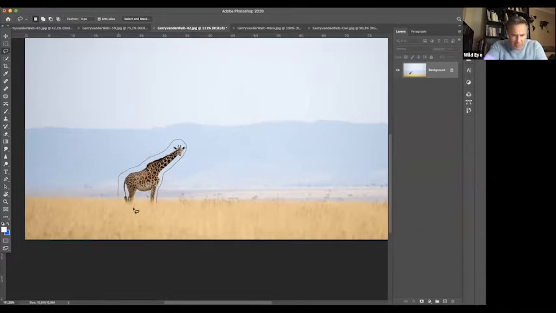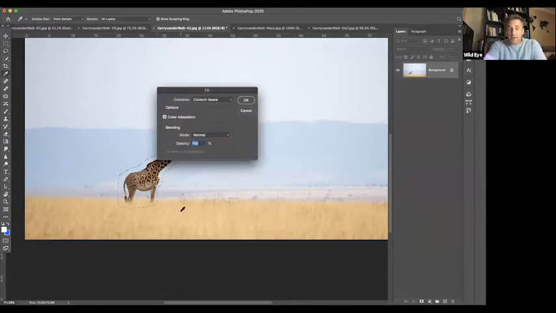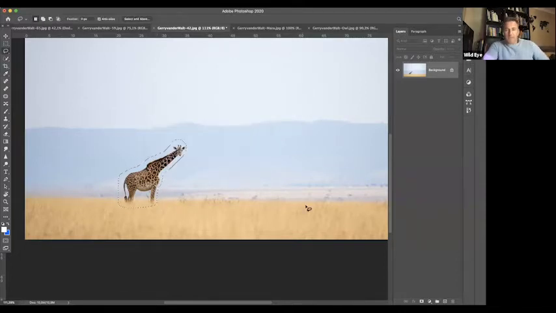It's like staying in the lines when you're at school. Okay, how's that? So now I'm going to hit delete and say, okay, calculate. It's gone. Yeah, it's clean. It's very clean. Okay, so that is content aware technology.